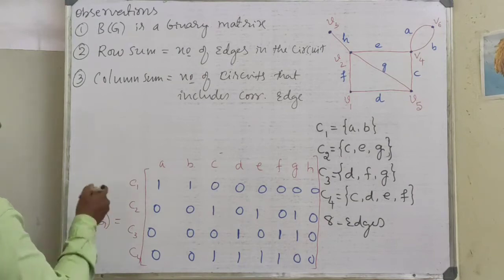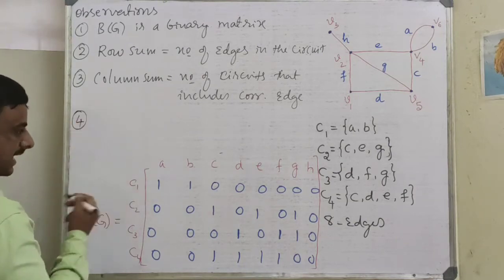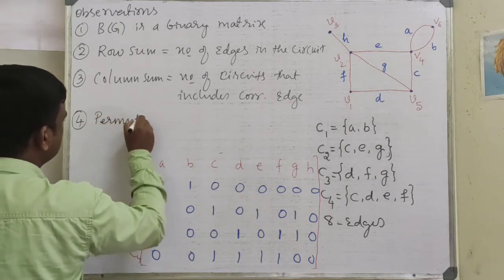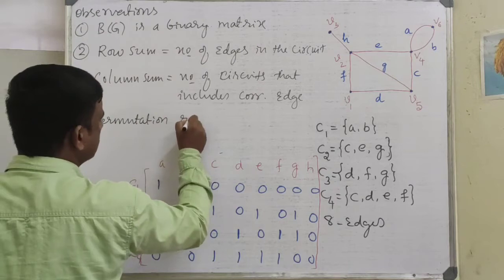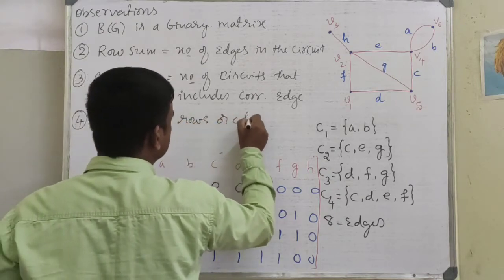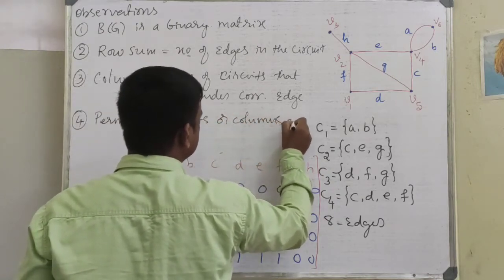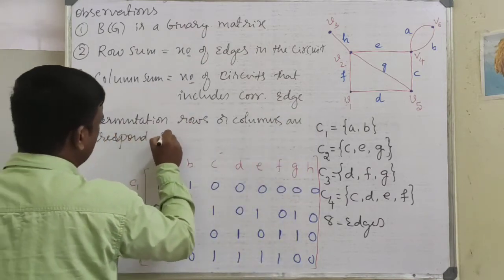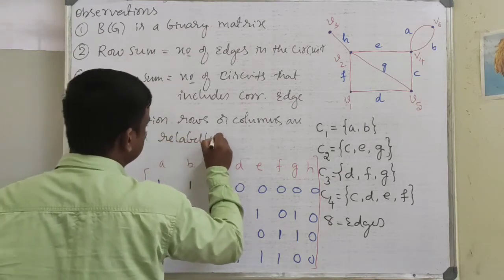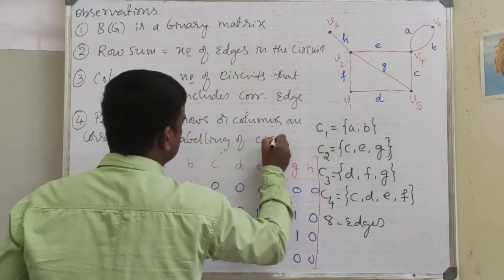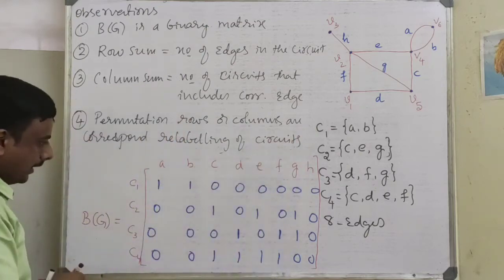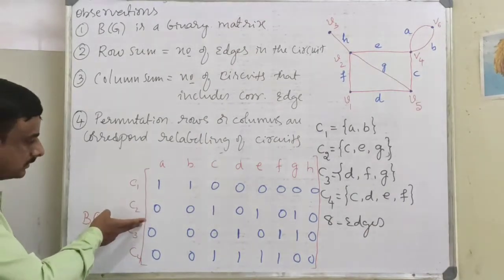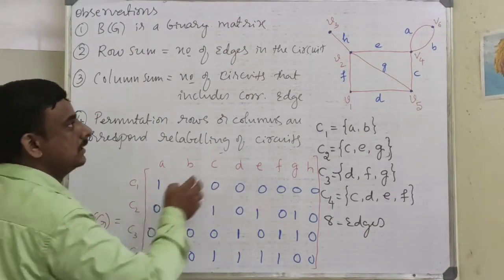Fourth observation, this is as usual: permutation of rows or columns corresponds to relabeling of circuits. That means if you interchange any 2 rows or columns here, if you interchange any 2 rows, that actually denotes the relabeling